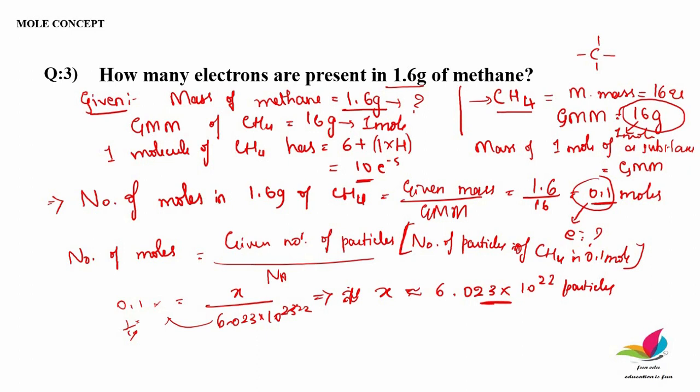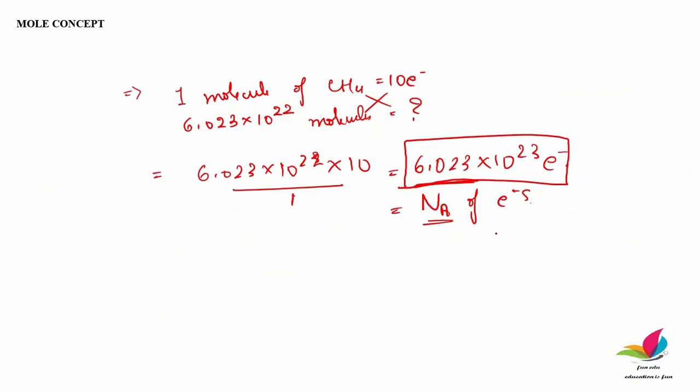So one molecule of methane is nothing but 10 electrons. So that many number of molecules of methane means how many electrons? On solving we have got Avogadro number of electrons. Okay, it need not to be same. Sometimes the answer may vary or it may be different. Okay, in this case somehow we got the same answer, that is same as Avogadro number. Okay, 6.023 into 10 to the power 23 electrons. It's simple. Okay, just you have to revise it once again.